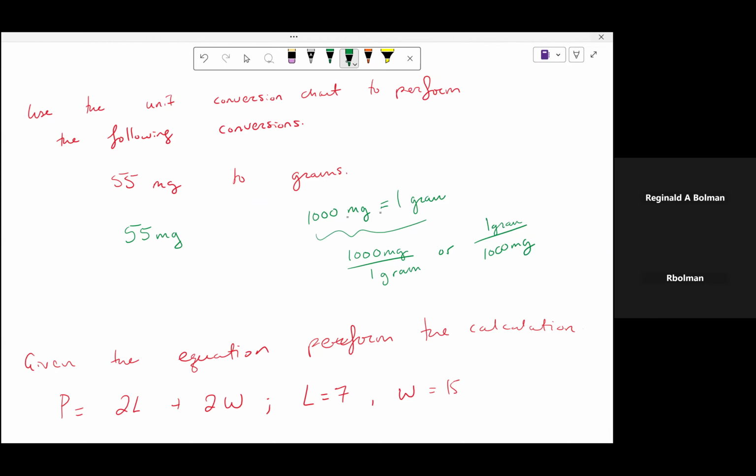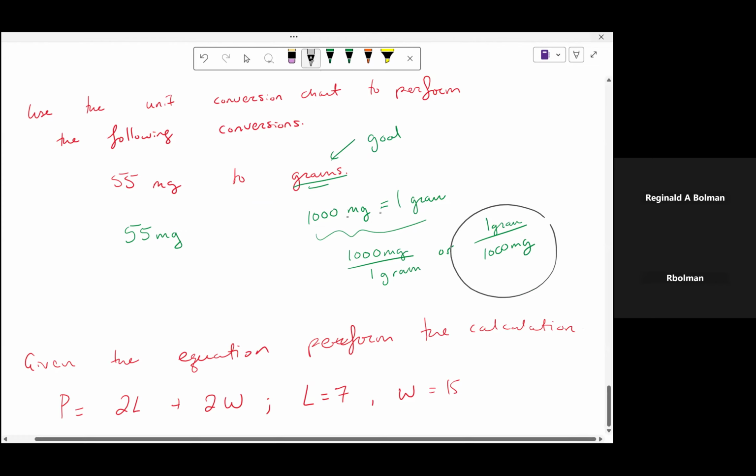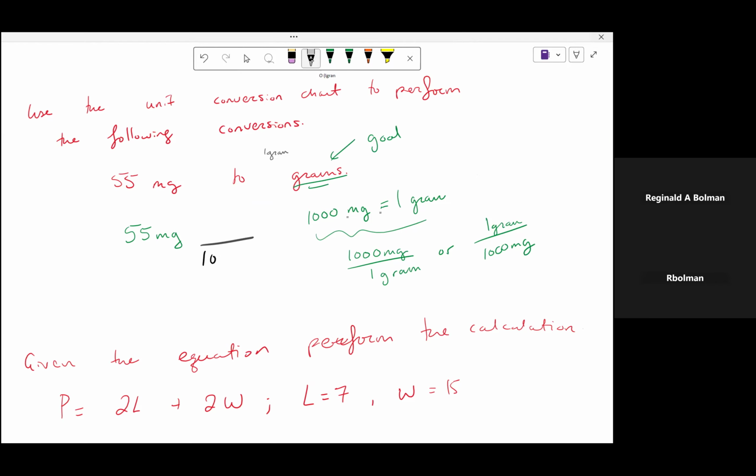We're converting to grams. Grams is the goal. So we want grams as a unit at the end of the day. Since I've done these types of problems before, I would probably pick the second option. So I'm going to go ahead and multiply 1 gram over 1,000